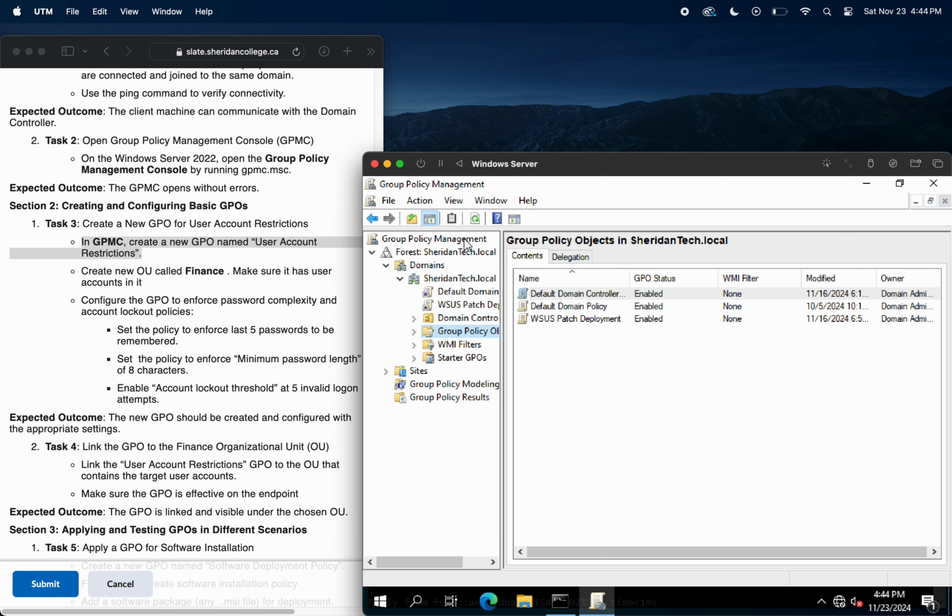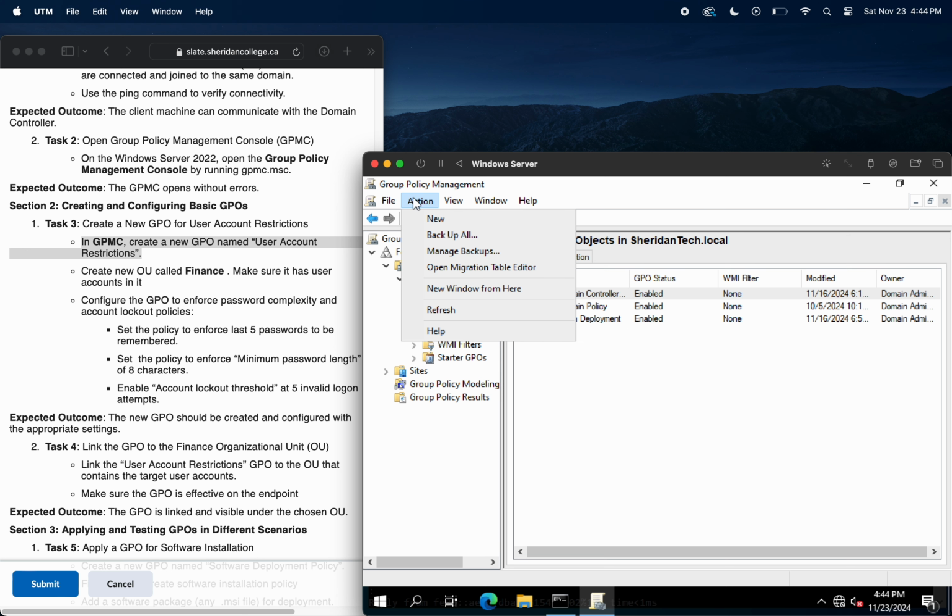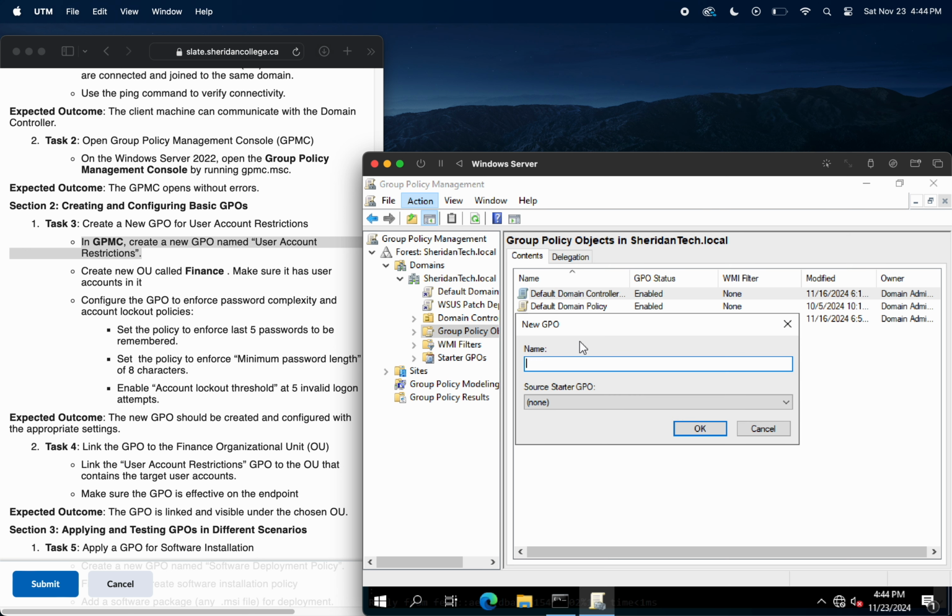Next, I open the Group Policy Management console by pressing Win+R, typing gpmc.msc, and pressing Enter. To create a new GPO, I navigate to the domain, click the Action button, select New GPO, and name it